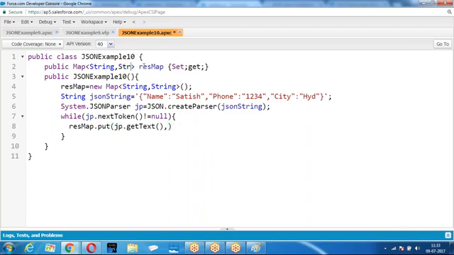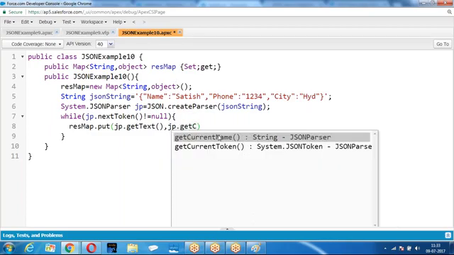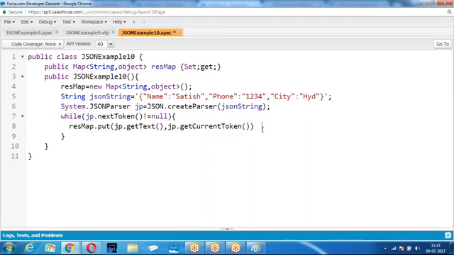Instead of string, I will take object so that you can use anything. So I am giving JP.getCurrentToken. JP.getText gets the current text, whatever the cursor is at.